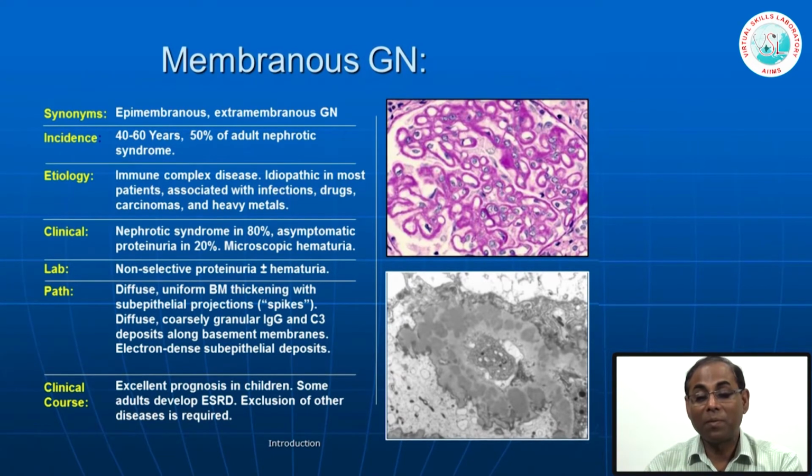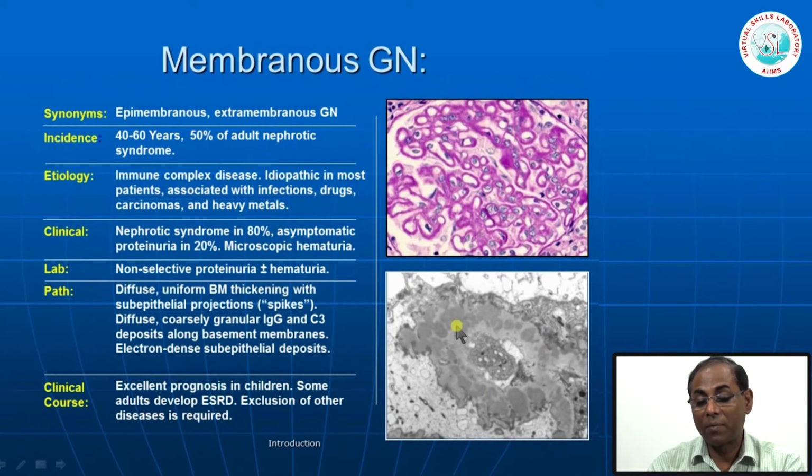podocytic damage. Here the basement membrane changes or damage is quite marked, and that is why you get a massive non-selective proteinuria. And the pathology is that there is diffuse uniform basement membrane thickening with subepithelial projections in the form of spikes. I think this is the PAS stain. We can better see them in the silver methenamine stain, and there are diffuse coarse granular IgG and C3 deposits. This we see under the immunofluorescence microscope, and if we do the electron microscope